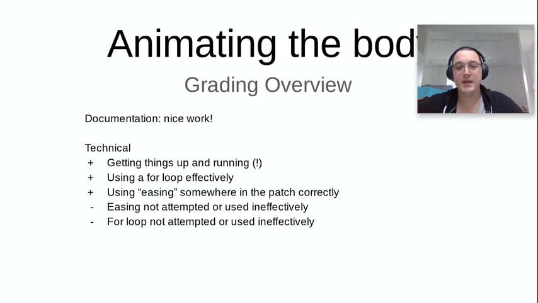On top of that, we wanted to see that you were using, we asked you to use a for loop and use easing. We gave points for using those effectively. You lost points if you didn't attempt those, or you lost a bit fewer points if you attempted them, but they didn't really work the way